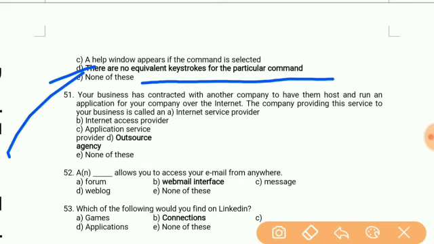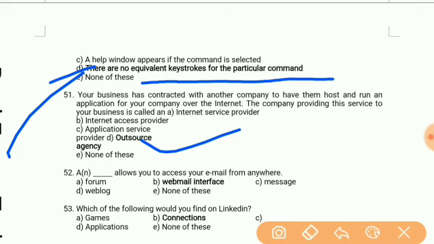Then your business has contracted with another company to have them host and run an application for your company over the internet. The company providing this service to your business is called an outsourced agency. So your business has contracted with another company to have them host